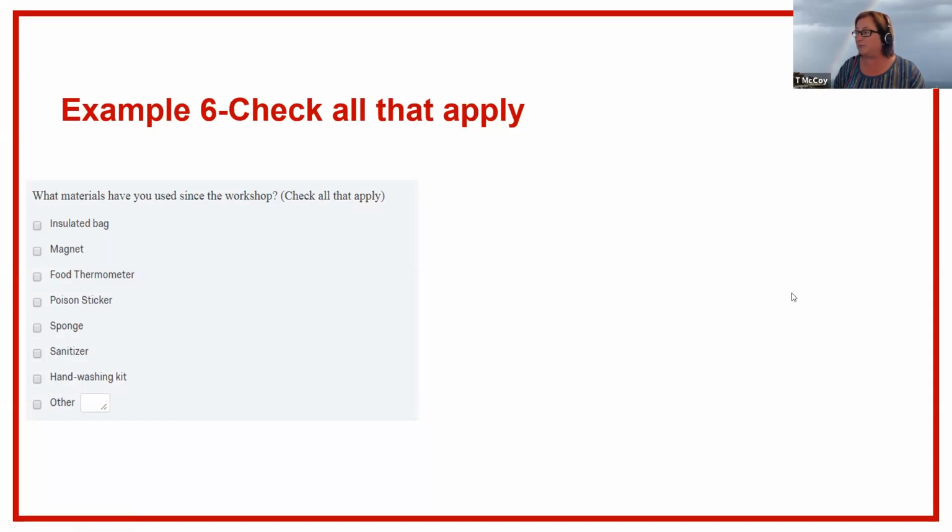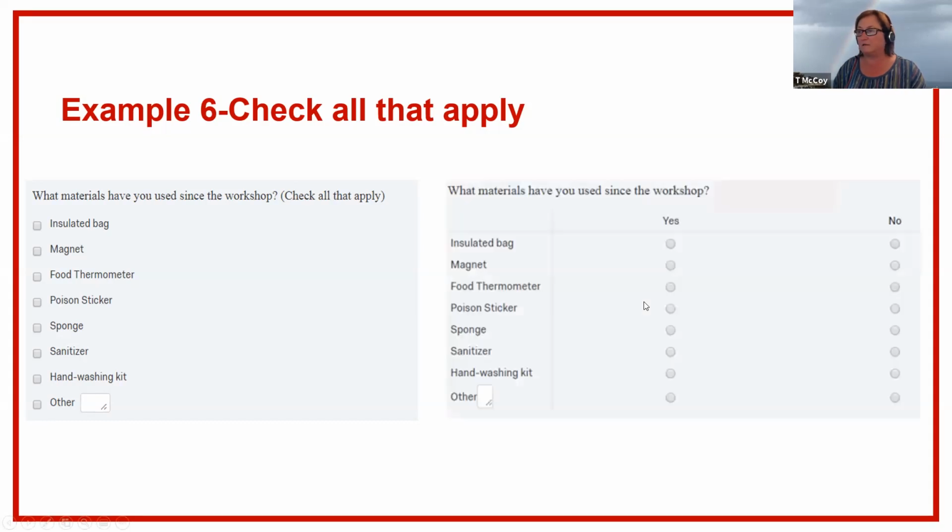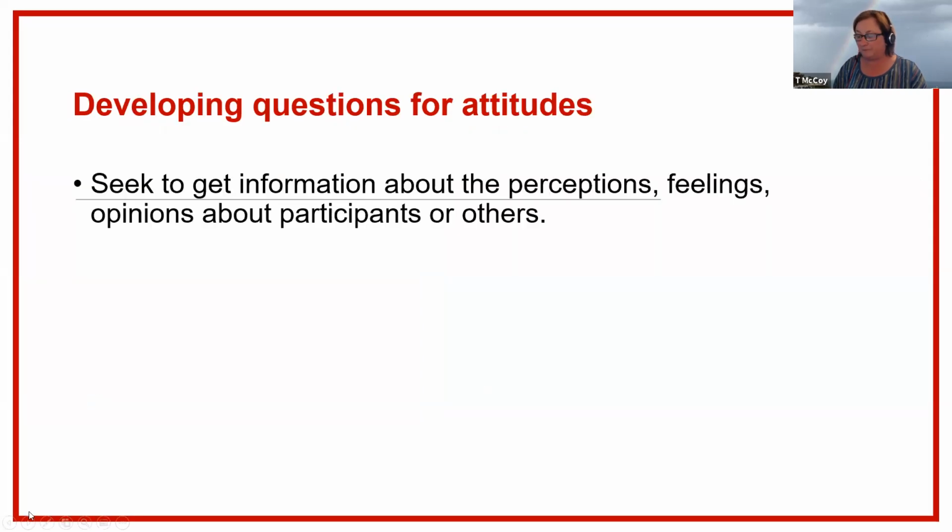This one's a little bit more, I'm not sure what the right word is, but I'll show it to you, then you can tell me. What materials have you used since this workshop? Check all that apply. Versus, what materials, I know my word now, it's a little bit more nuanced. What materials have you used since the workshop? So what I'm doing in this question,